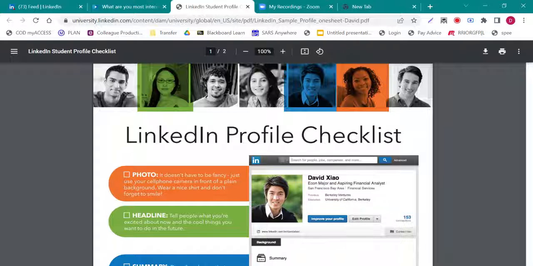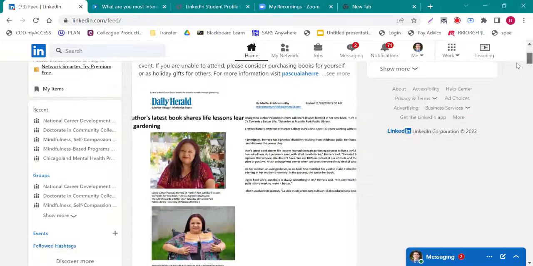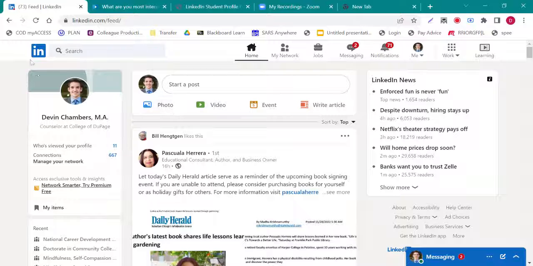Once you create your account, you are going to be logged into LinkedIn, and it's going to look like this. You're not going to have any of the stuff in the middle until you have a network or connections, so this is going to be blank in the middle for now. You can think of LinkedIn as, this is aging me probably a decade, the Facebook for careers and professionals.